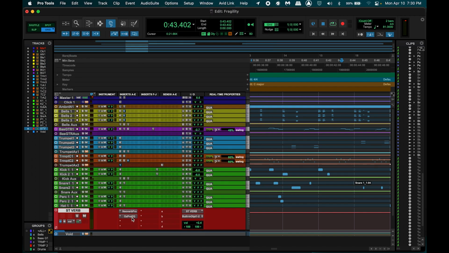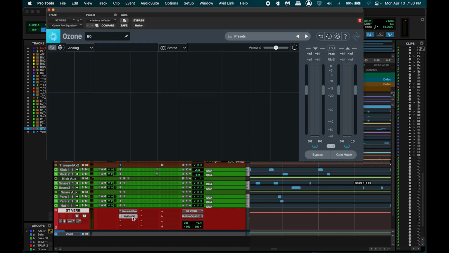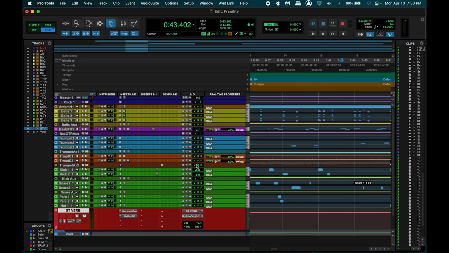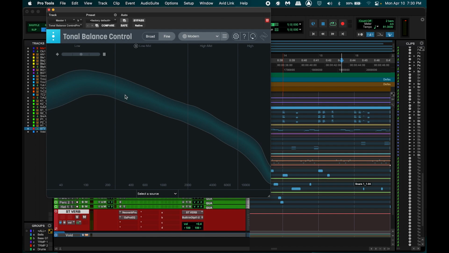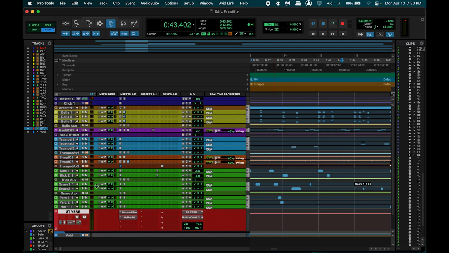But I also did a brick wall EQ, so that it's only catering to these frequencies, because like I mentioned earlier with the ambient noise, when I played the tonal balance, it was really quiet between 500 and 4,000. It just wasn't where I wanted it. And so I figured if I'm going to have something feeding into that master, I want it to cater to those frequencies to create a fuller sound.